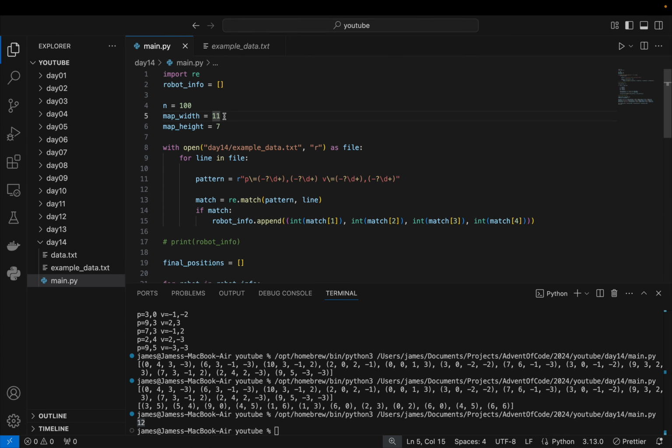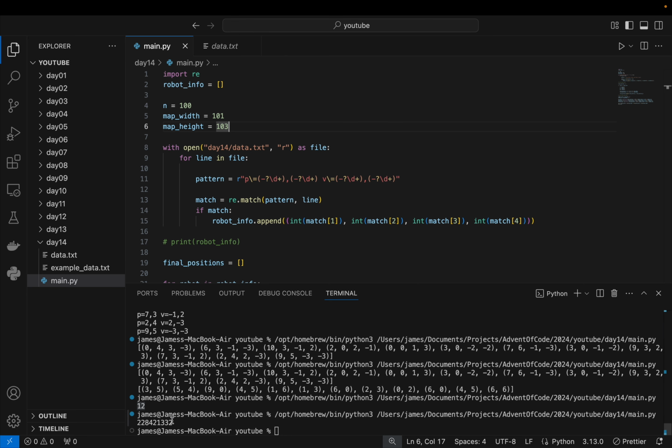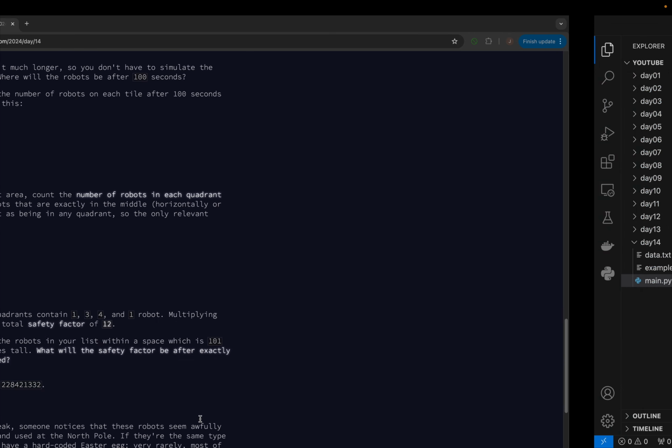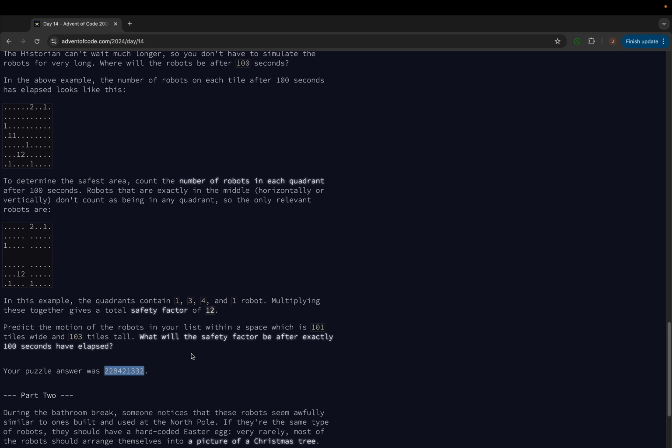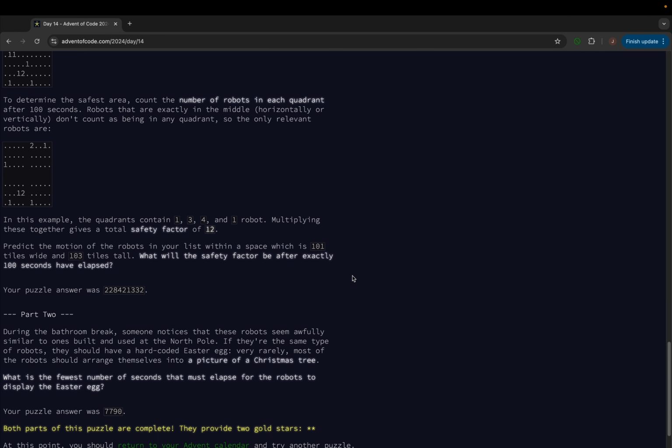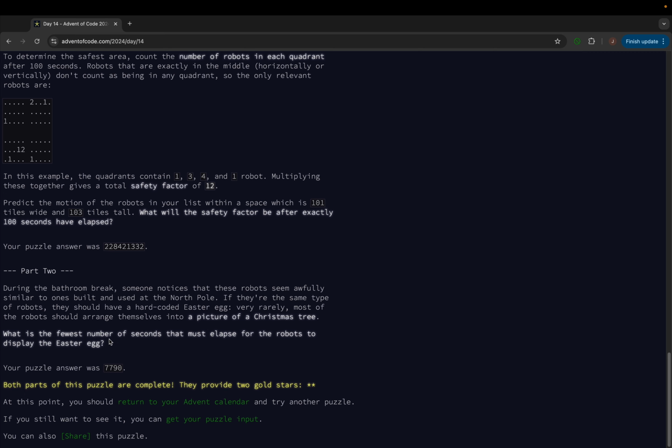So if I go to 101, 103, and I switch to the input data, we get this number ending in 332, which is exactly what we get here. Okay, then moving on to part 2, we say here that when we keep iterating over and over, when we